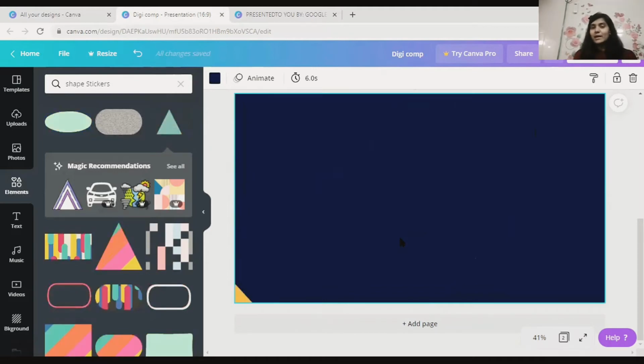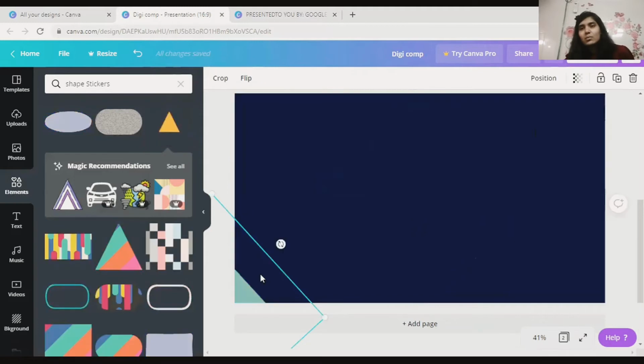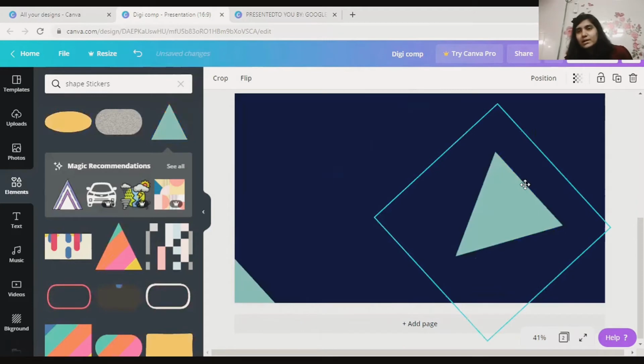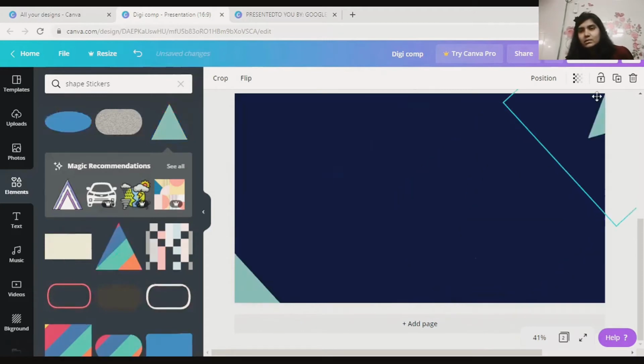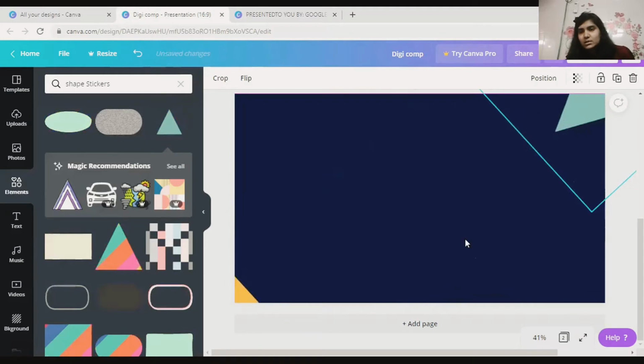So now your PPT is not looking very blank. Even though it is very blank, now it is not looking very boring. What you can do is you can just add one more, you click on duplicate over here and you can add the same design over here, depending upon how you want it to be.